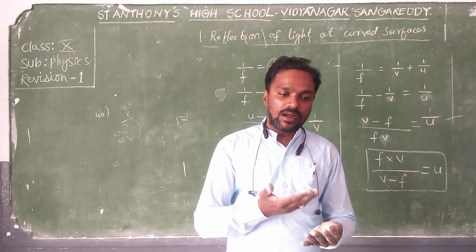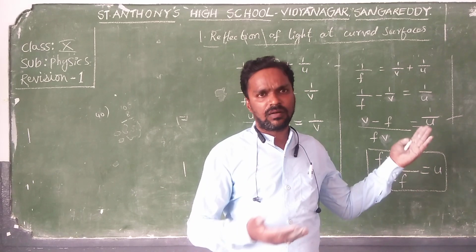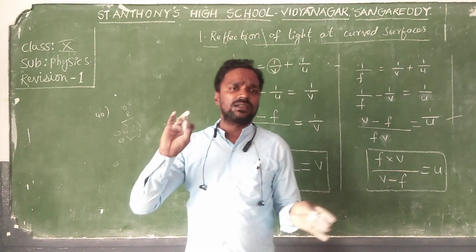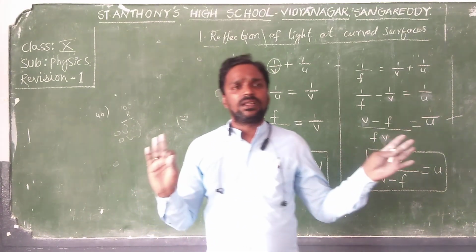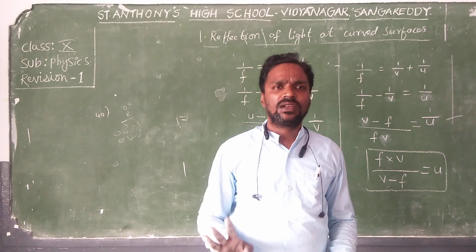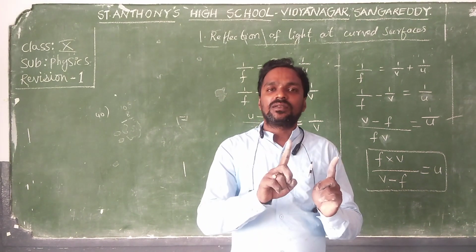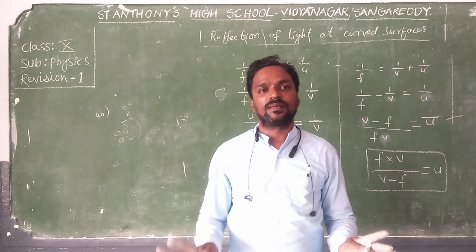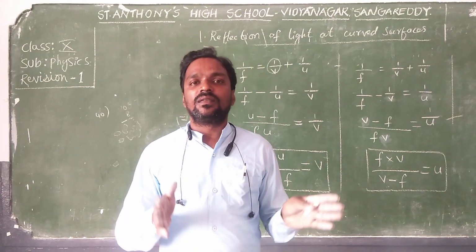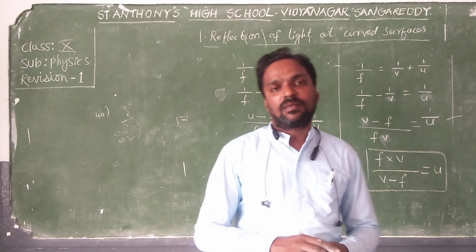After that, write all the formulae. Five formulas are there here. One is the mirror equation. One is like this, we can write it 4 times, and then there is magnification. And one relation: R is equal to 2 into F. So these are the relations where we can have the problem type of questions.